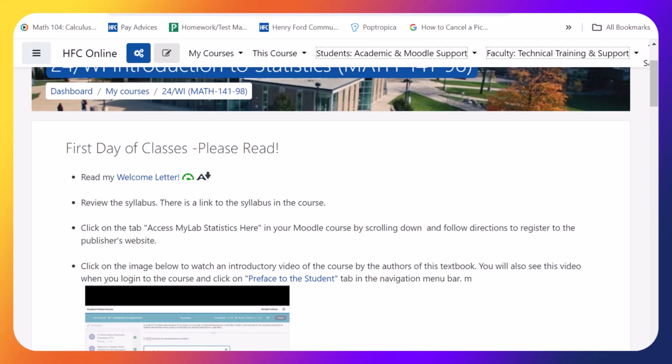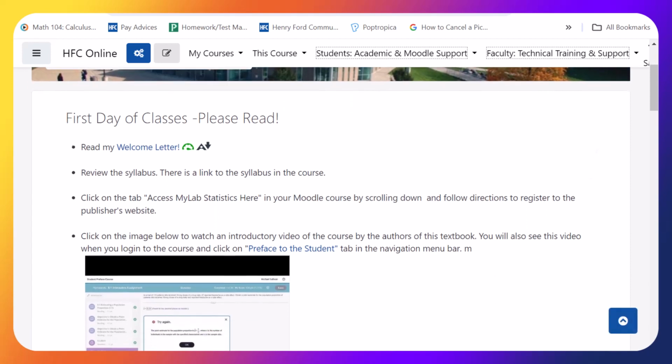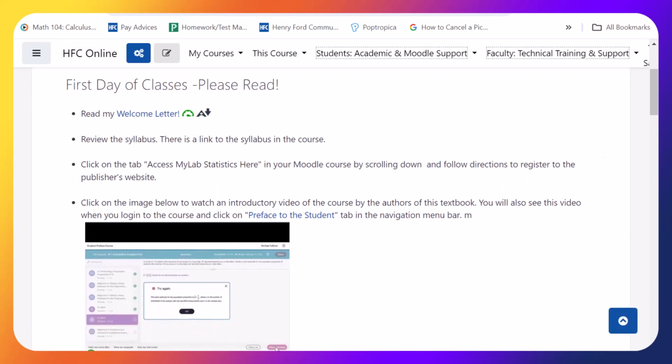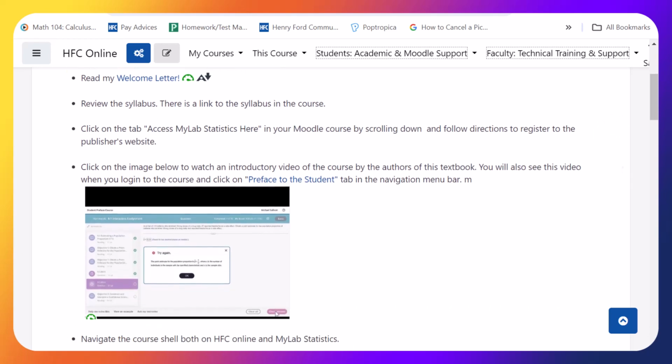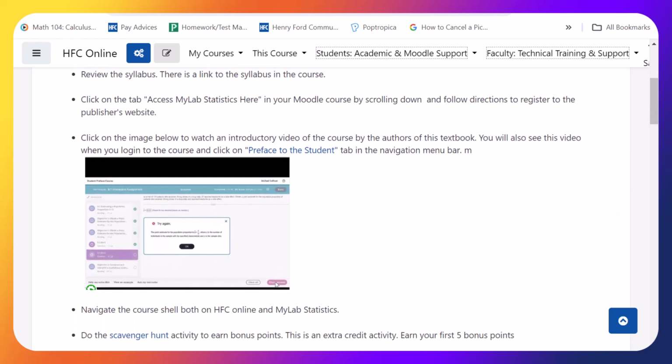The first thing I would like you to do is to access the course shell in Moodle, and you can see a view of it right here. This is what you're going to see when you first log into the course shell in Moodle. The welcome letter, which I'm going to send you by email in a little bit. After you read the welcome letter,